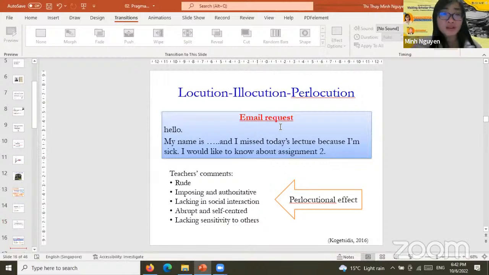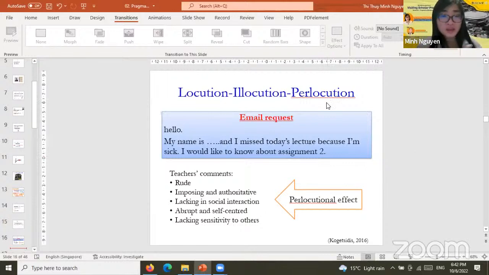The illocution is the request: I would like to know more about what assignment 2 means, so explain assignment 2 to me. I request that you do that. Okay, so that's the illocution. And the perlocution is the effect that the message